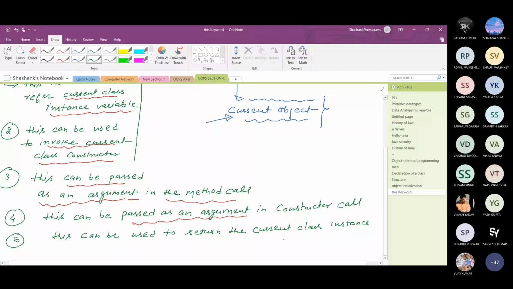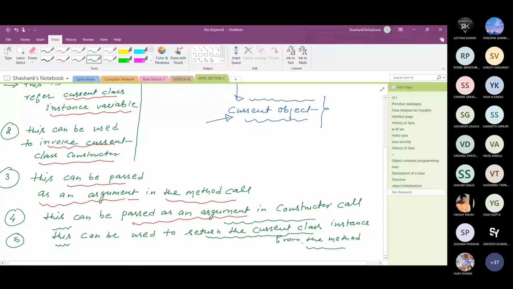What does it mean? It means that in a method the return type is object type, so a method can return this object. So this can be used to return the current class instance from the method.